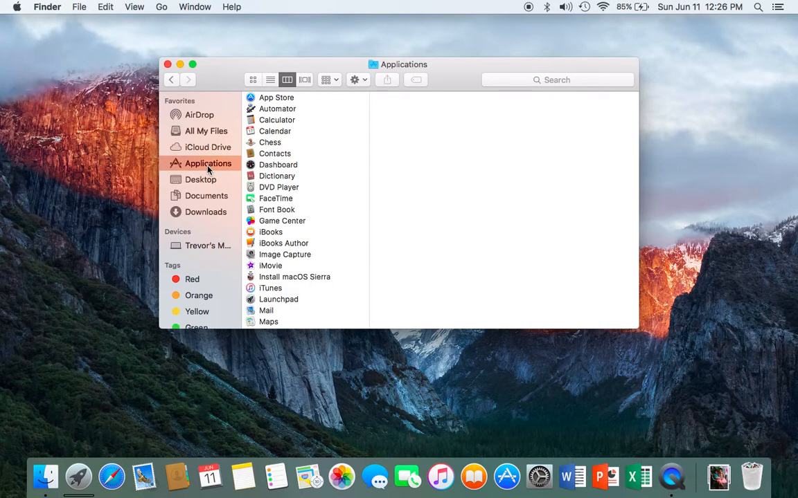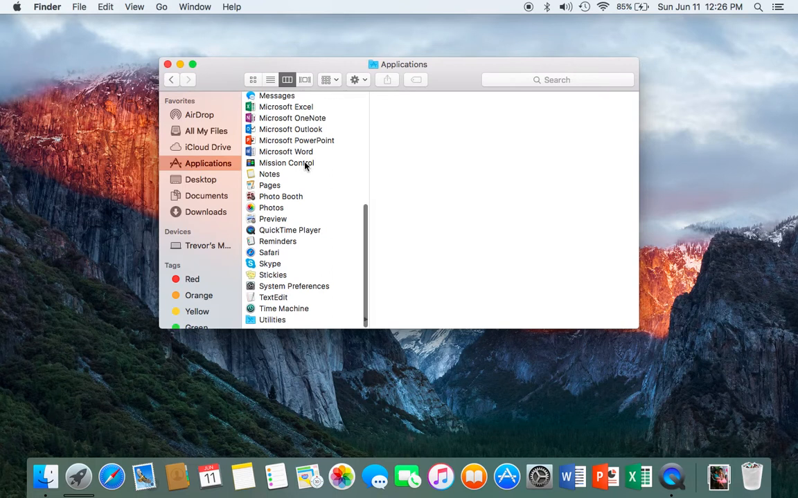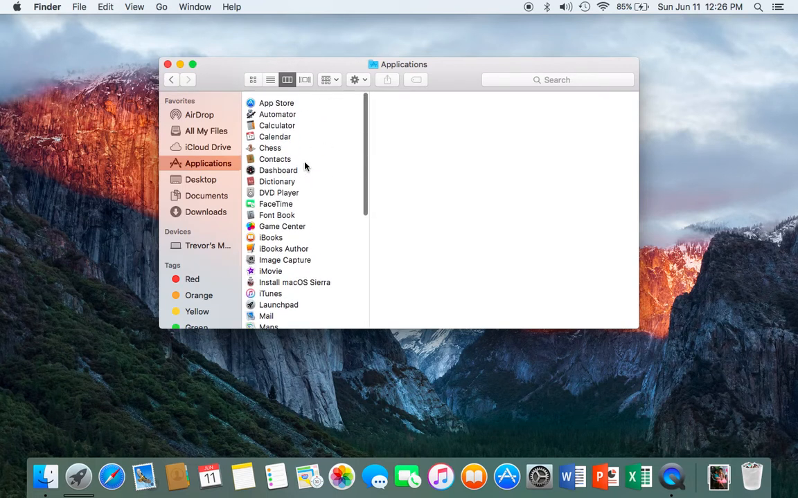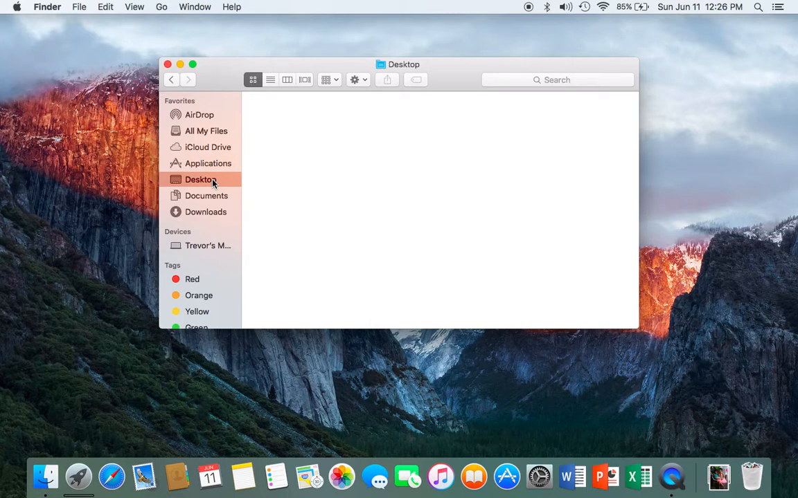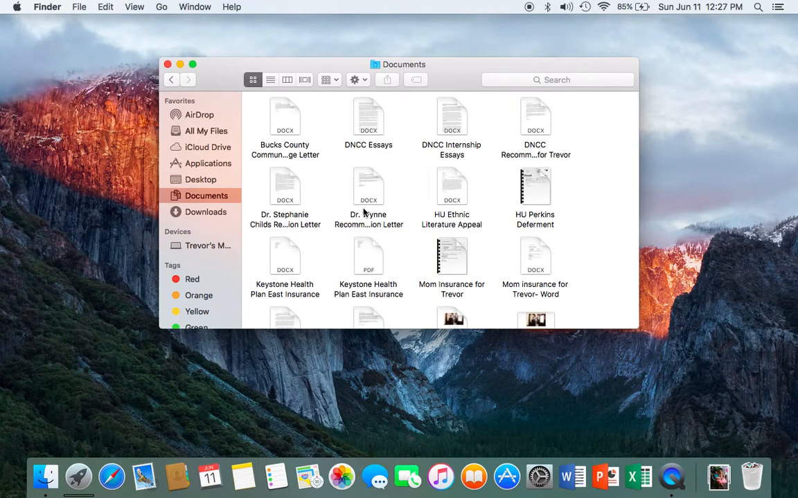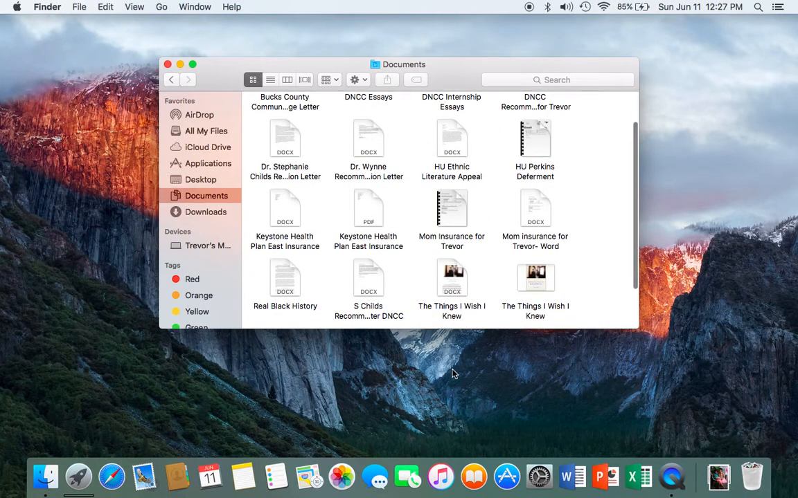You get to see all the applications on your device, whether it's the App Store or Automator, all the different applications that you use on this device. You can see here. Then you have Desktop, which is basically what you can see on your desktop, like a document you might want to put on here. Then you have Documents, as far as your Word documents, because I have at the bottom